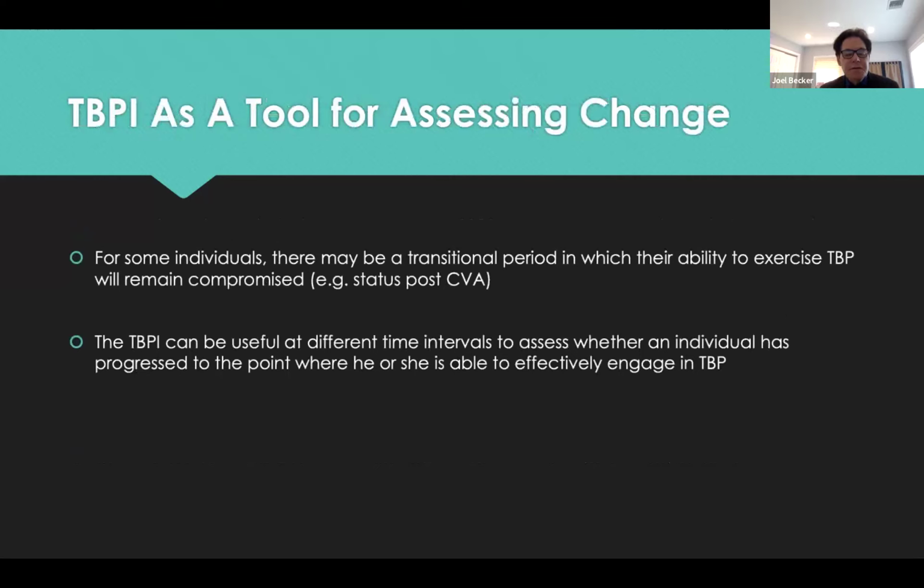For some individuals, there also may be a transitional period in which they're not able to exercise transmission-based precaution behavior. So if you had an individual who's in the hospital and they develop a CVA, or are just admitted with a CVA, there may be a period when they can't exercise these precaution behaviors, but subsequently will be able to. So we have to work through and use certain procedures to monitor them until they are able to participate